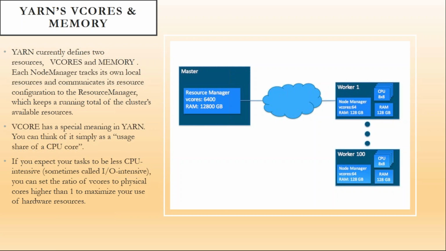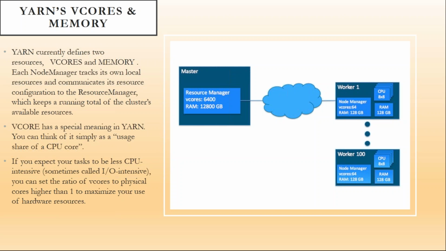That's how you can take it. Okay, if you expect your task to be less CPU intensive, one more important point: however you work in Yarn, you always have to think about using less CPU, using less memory, using less network I/O, and using less disk I/O. Four important things: CPU,